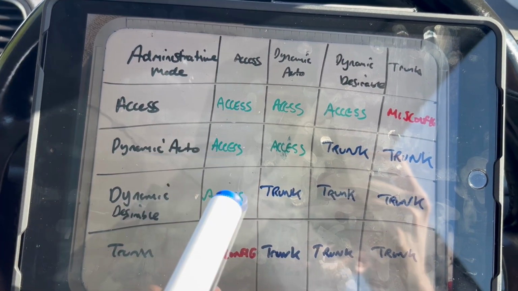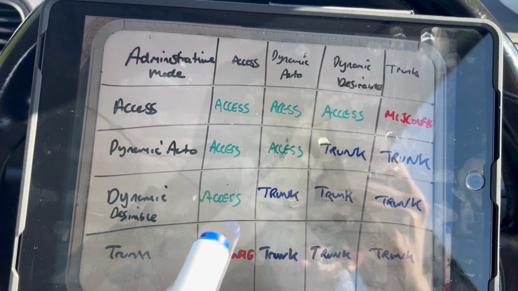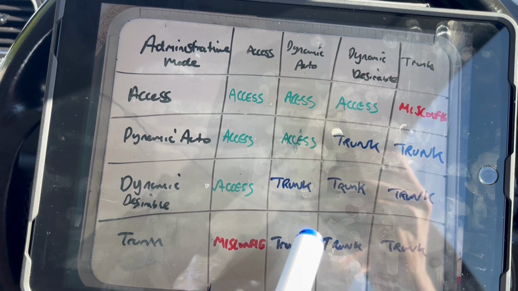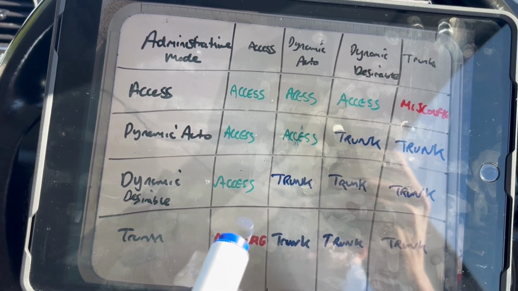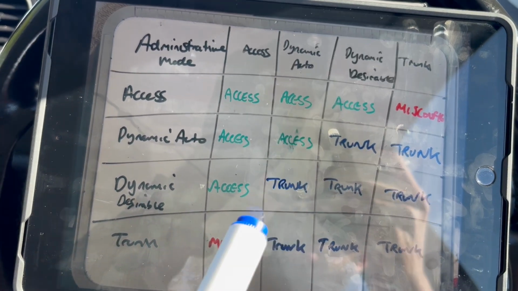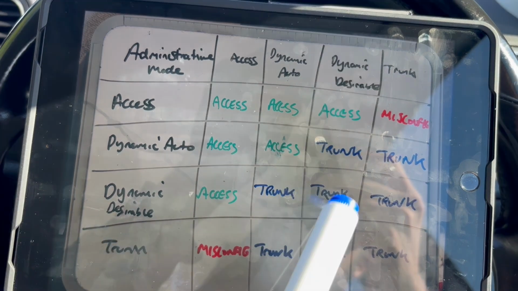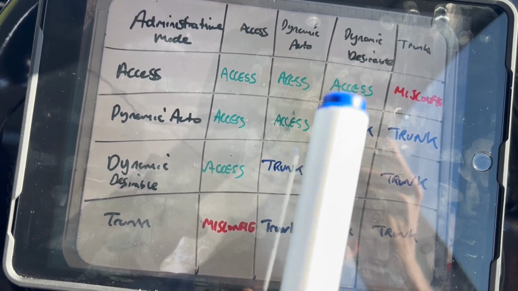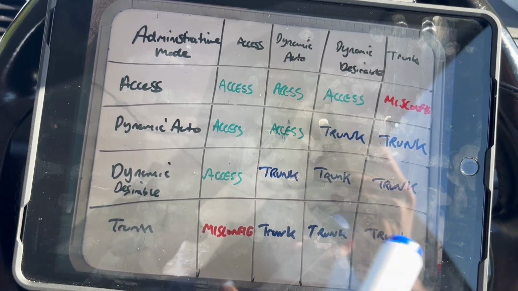A trunk and access, again, is the same situation. It's a misconfiguration. Dynamic auto and trunk will produce a trunk. So trunk and auto will produce a trunk. Dynamic desirable and trunk also produces a trunk. And a trunk and a trunk makes a trunk. So those are the different situations